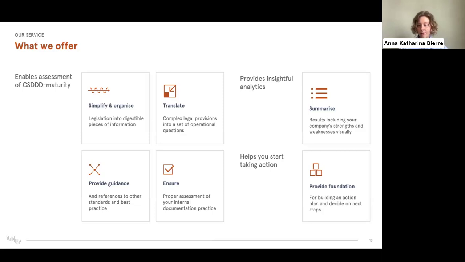Then, of course, finally, we also want to provide some insightful analytics, because we know, again, this is not going to take place in a vacuum. It needs to be communicated. Maybe it needs to be communicated upwards to a non-technical group. So we also want to build in some dashboards that could quickly summarize the results of the assessment, but also some features that help strengthen or build this implementation roadmap moving forward.